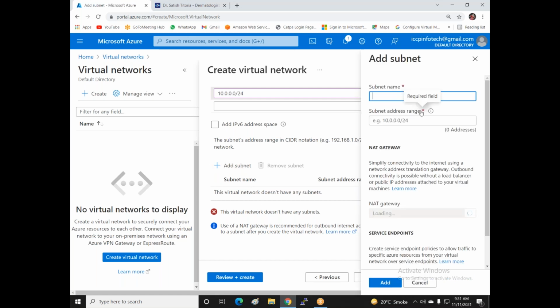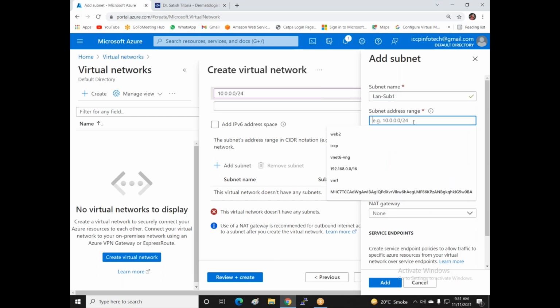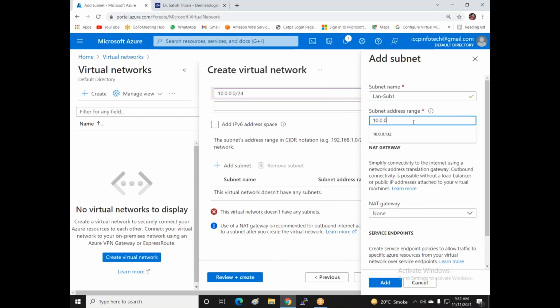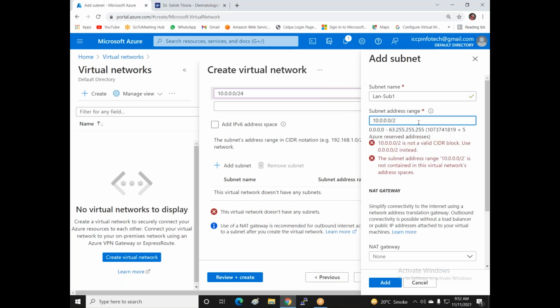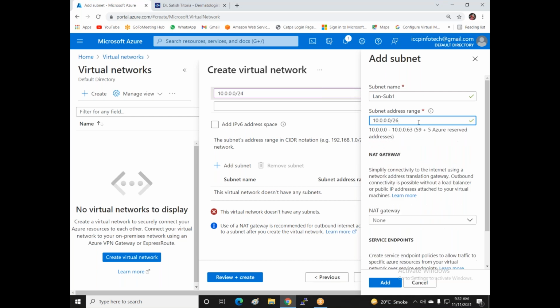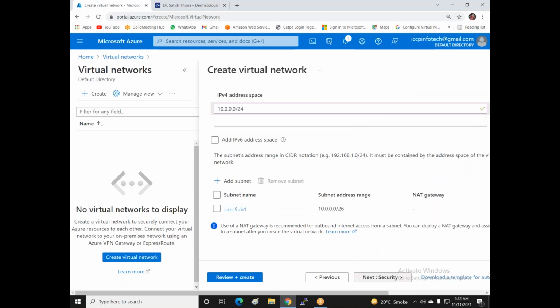So now I'm creating one subnet, my subnet is LAN-SUB subnet 1, and I put the IP 10.0.0.0/26, and now add the subnet, and then review and create.